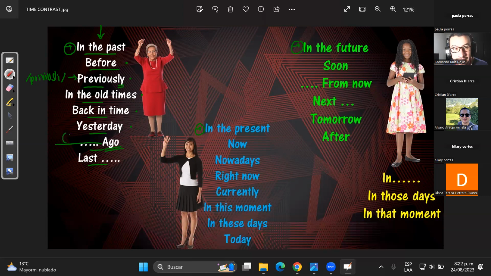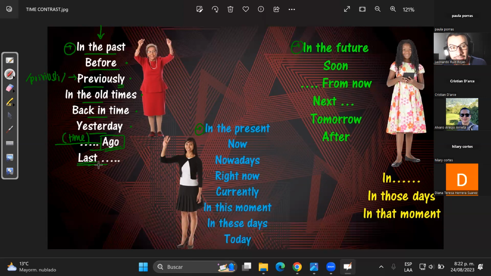So ago, as you can see, includes another expression before. It's going to have a time unit. Ready? Years ago, months ago, hours ago, minutes ago. It depends. Days ago, could be too. So in that case, for example, I could say, okay, 30 years ago. 30 years ago means hace 30 años. 20 minutes ago. What's the meaning of 20 minutes ago? Hace 20 minutos. That's it, easy. So when I mention ago, it's going to be also for the past, yeah?